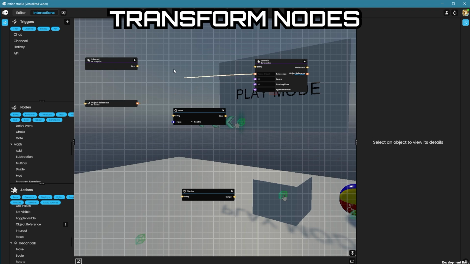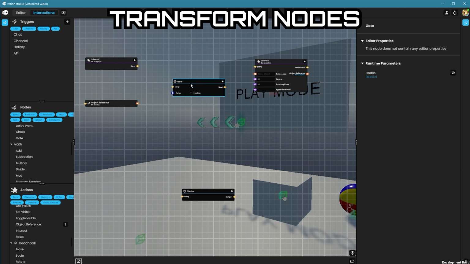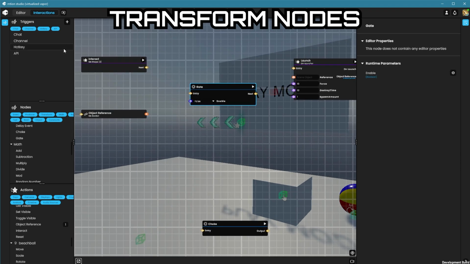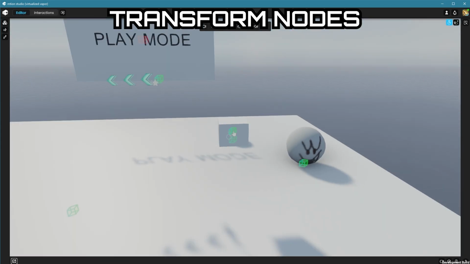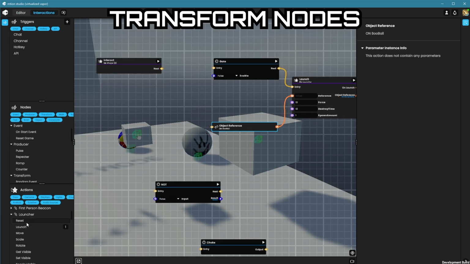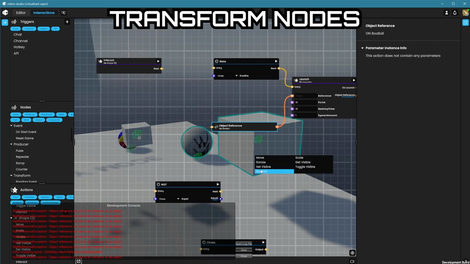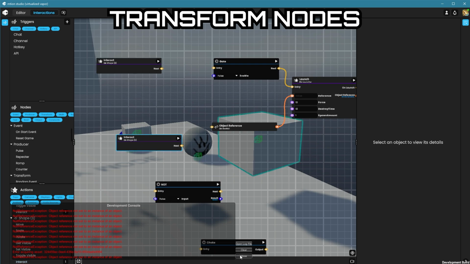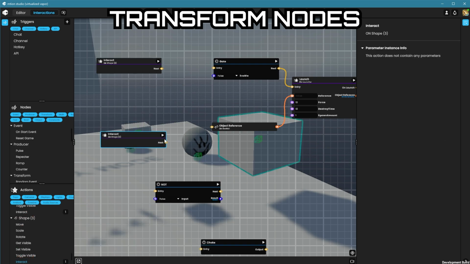Okay, so the gate node. The gate is very special. With the gate node, think of it like I mentioned earlier, like a door that only opens when certain criteria is met. So let me go over to, okay, sorry about that. I confused myself. So let's go to shape 3. You can go through here, hold shift, click on it, and interact. Drag that over here. Okay, so on shape 3, we'll have it set to when you interact with this block,